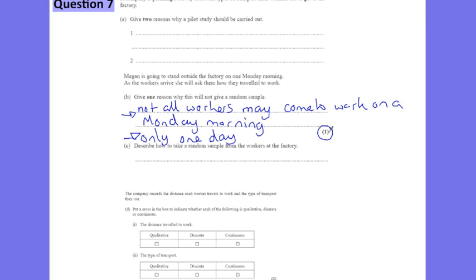We're then asked to describe how to take a random sample from the workers in the factory. So we're asking how to take the random sample. This one here for 2 marks, the first point, really important. Every time we do a random sample, we must list all the workers. List all of them with a number. Then,